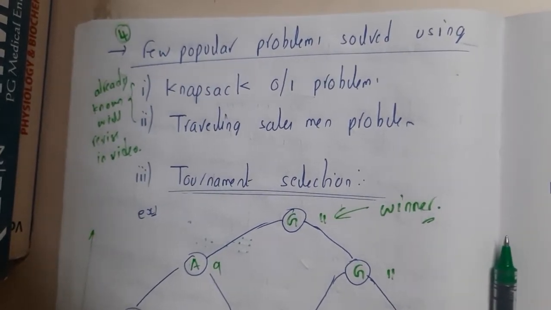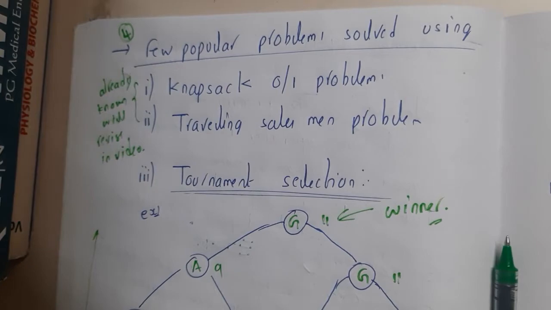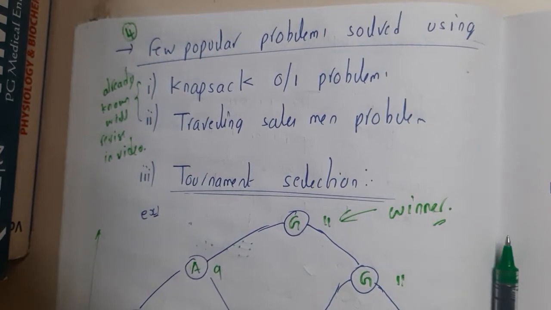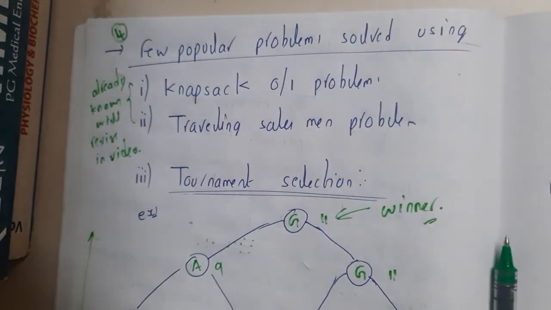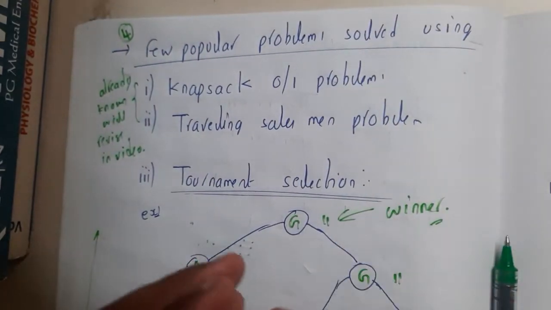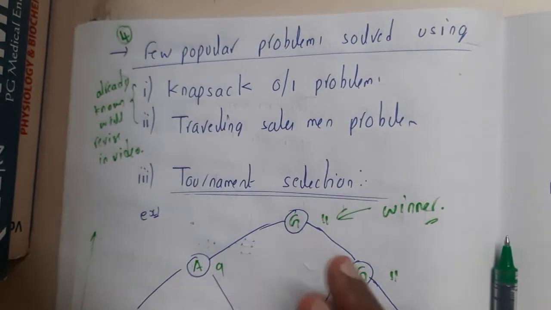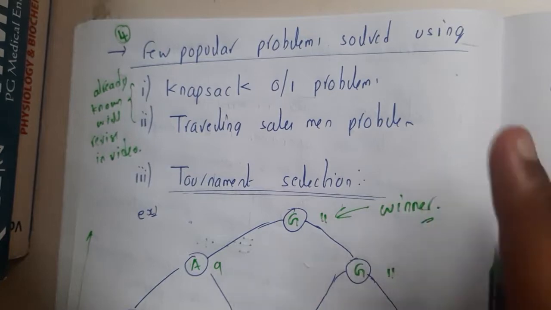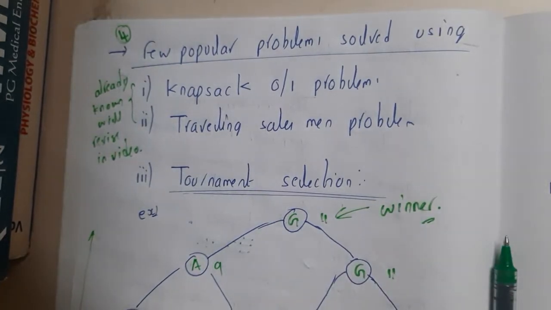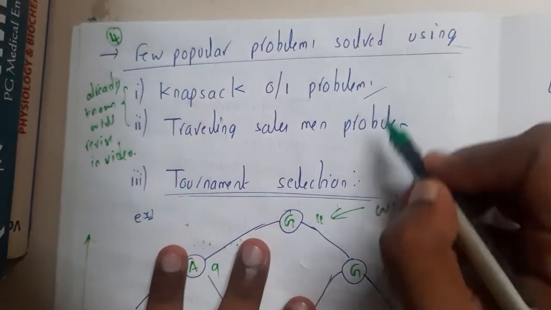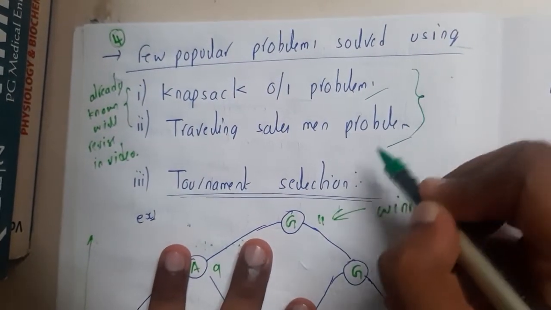In this lecture, let us go through the next topic, that is a few problems which can be solved using our genetic algorithm or genetic method, guys. These problems I'm not going to solve step by step from first to last, because in examination no one is going to give you a direct problem to solve. So your goal here is to learn the concept, that's it. How they are solved in examination, you need to write those steps, or your understanding. So the first two problems are the knapsack and traveling salesman problem.